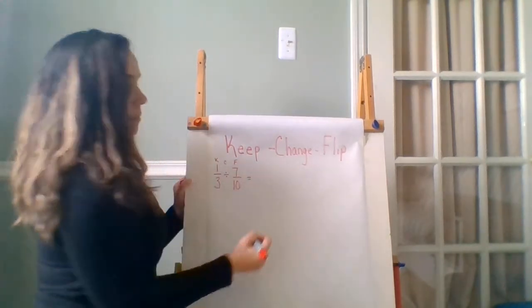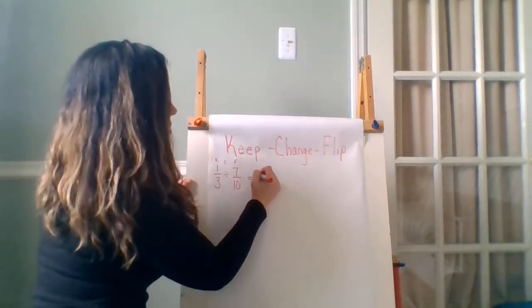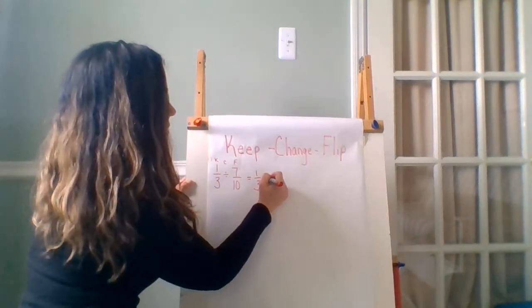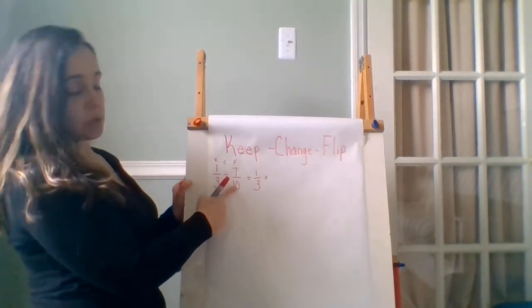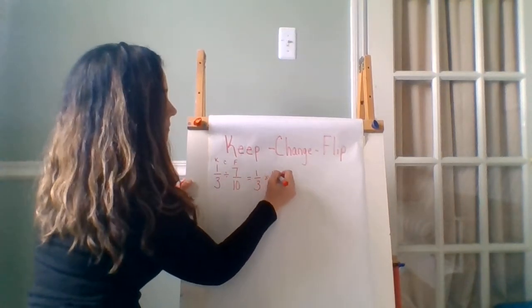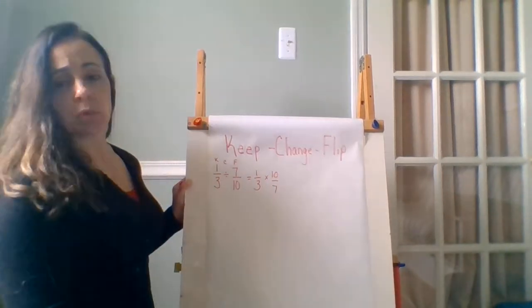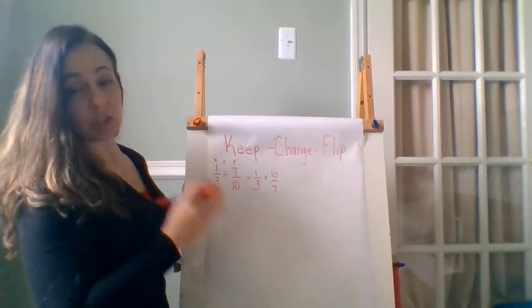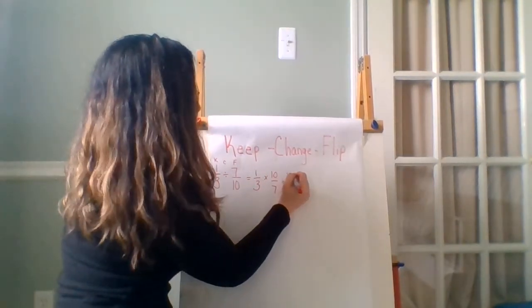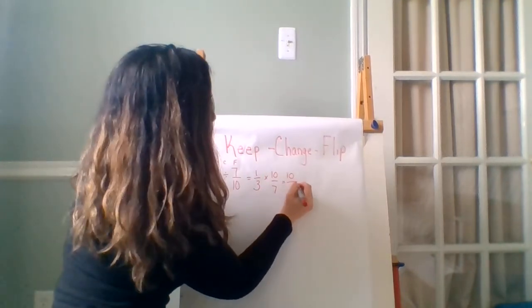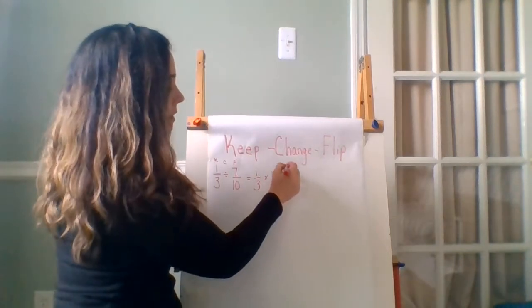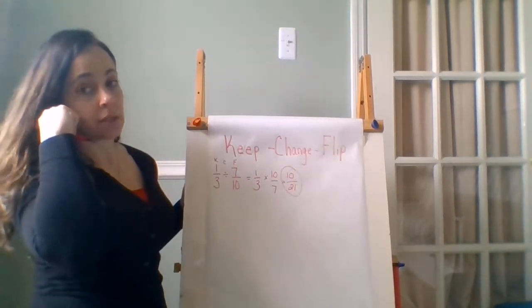So when you're doing a division problem like this, you keep that first fraction, which is 1/3. You change the sign to multiplication, and you flip this fraction using the reciprocal. So instead of 7/10, it becomes, flip it, 10/7. Now it's just multiplying fractions, which is easy peasy lemon squeezy because you just multiply across. 1 times 10 is 10. 3 times 7 is 21. This can't be simplified or renamed in any way, and therefore 10 over 21 was the answer,